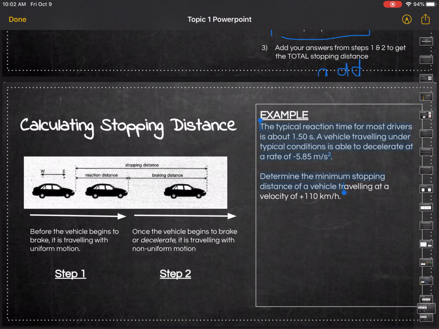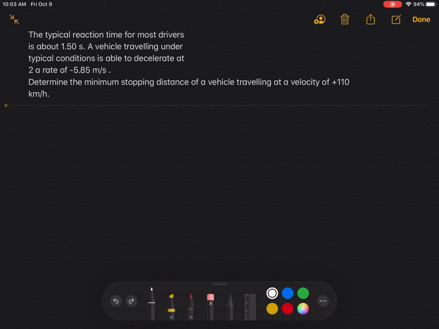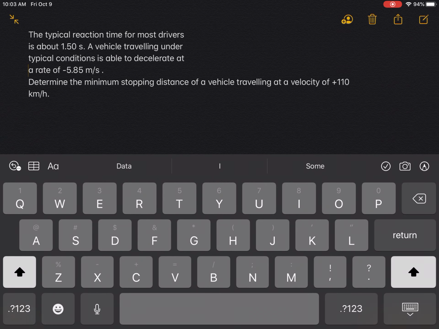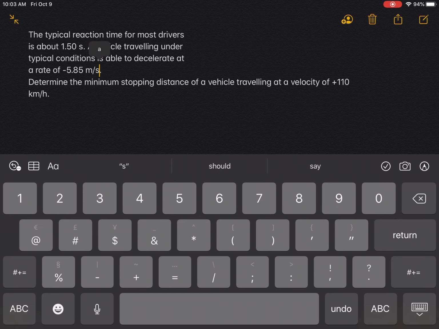All right. So it says the typical reaction time for most drivers is about 1.5 seconds. A vehicle traveling under typical conditions is able to decelerate at, this 2 is supposed to go here. You know what? I'm going